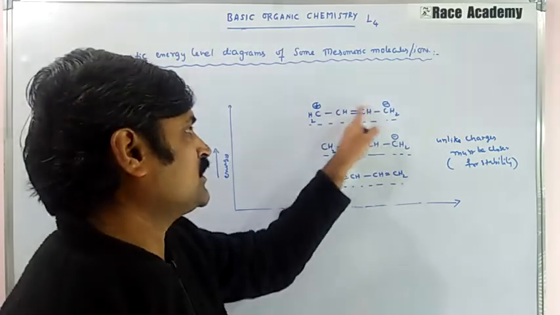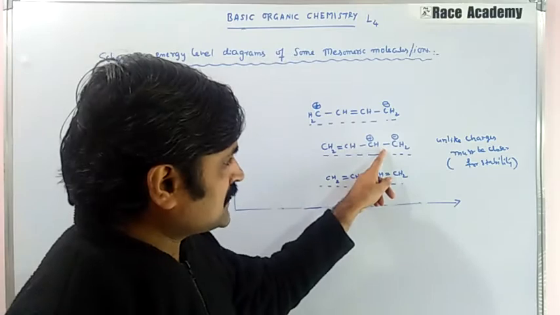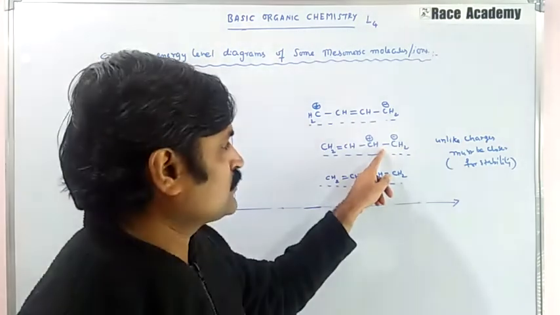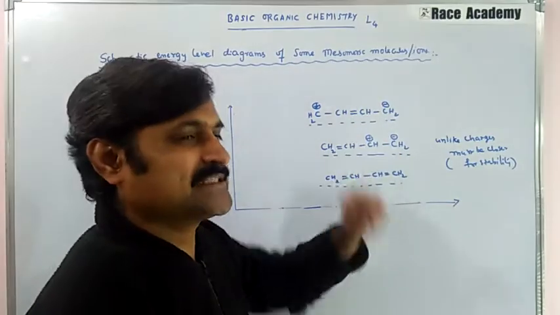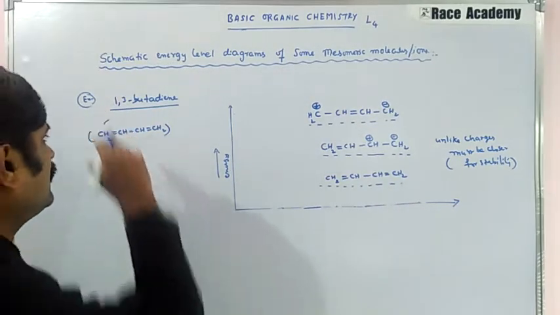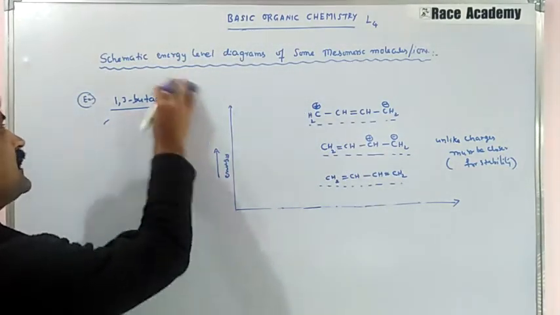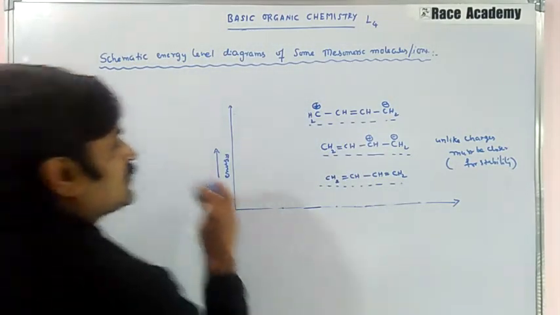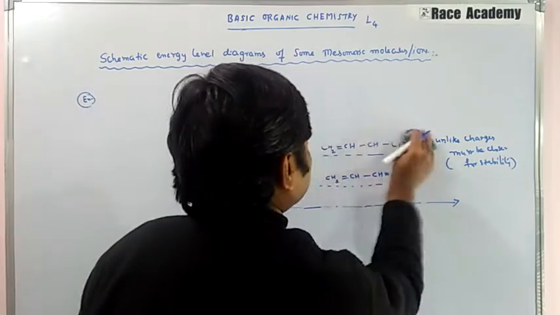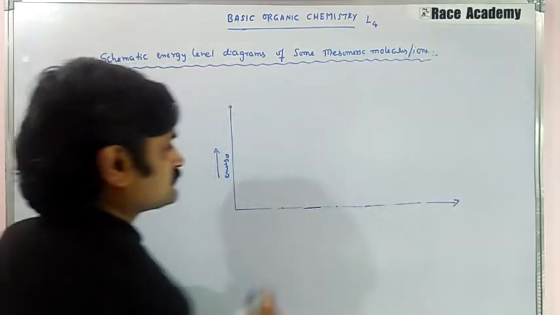If you shift this one, you have to shift like this, so it takes a lot of energy. It is easy to shift here, and difficult to shift there. That is the reason this structure has a higher energy. So this is regarding the schematic energy level diagram of 1,3-butadiene, to understand the stability of these resonance structures.